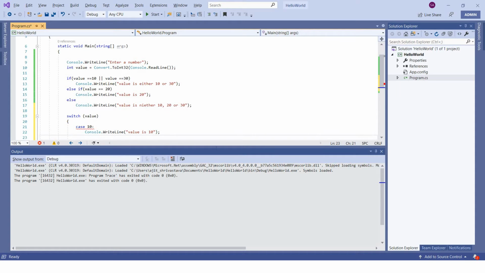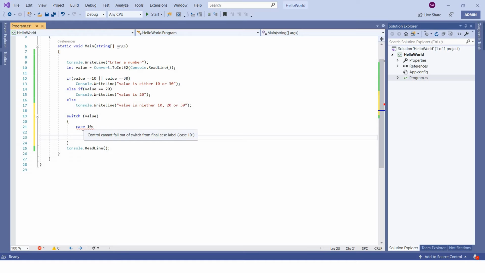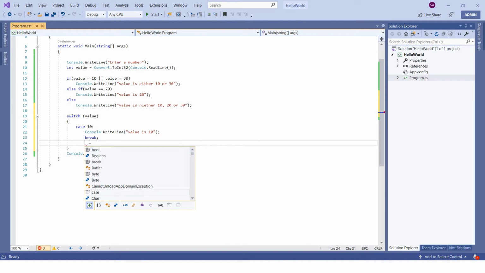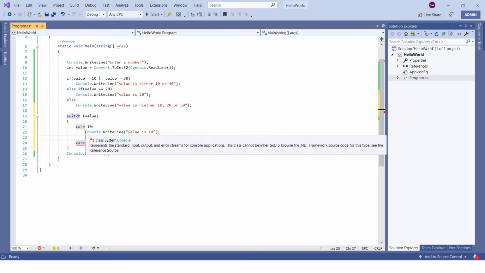If you see here, we are getting an error: control cannot fall out of switch from final case label. That means it is asking us to put a break. We'll discuss what this break is all about, but for now let's continue with our code. Let me just copy this.